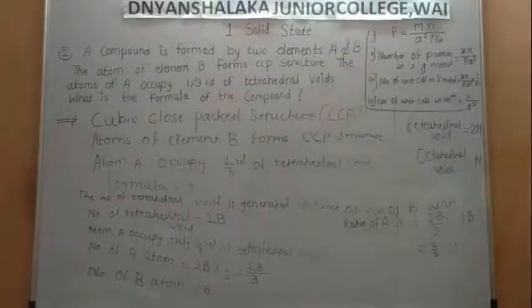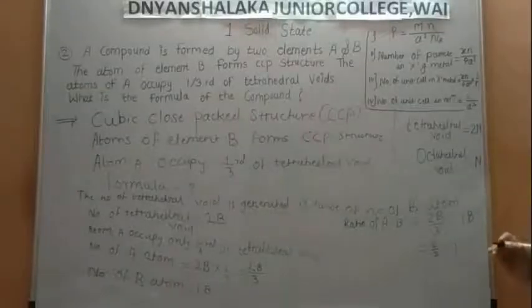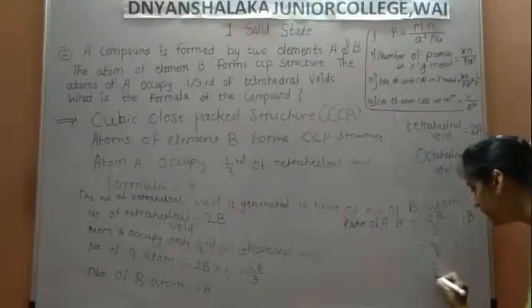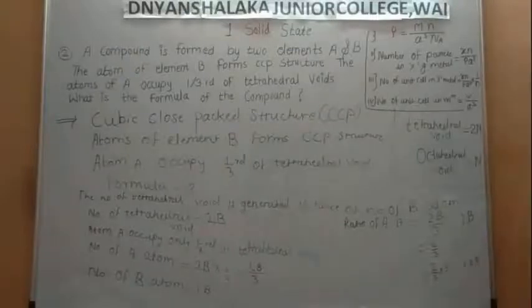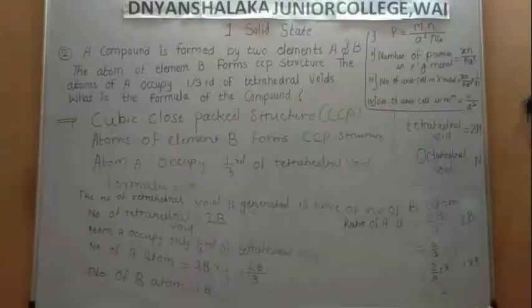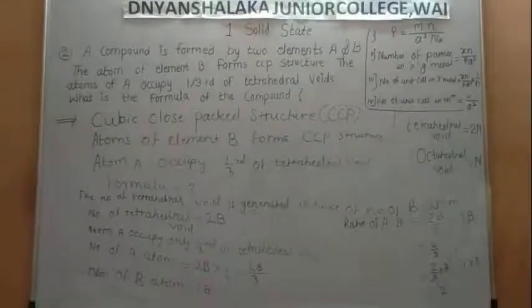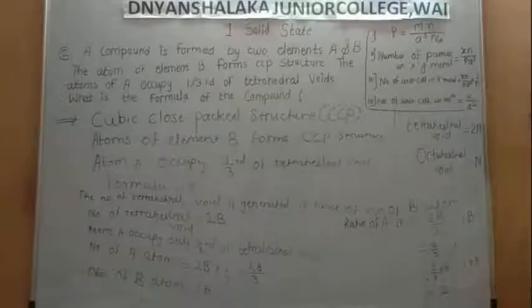But we have to find the formula of the compound. So any whole number is multiplied by 2/3 and we get a whole number. For example, here I want to delete the 3 from the denominator, so I multiply by 3. 2/3 into 3, and I multiply the other side by the same number, so the 3s cancel out each other and here we get 2. The ratio we got should be a whole number. So the 3 and 3 cancel, here we get 2 and 1 into 3 is 3.